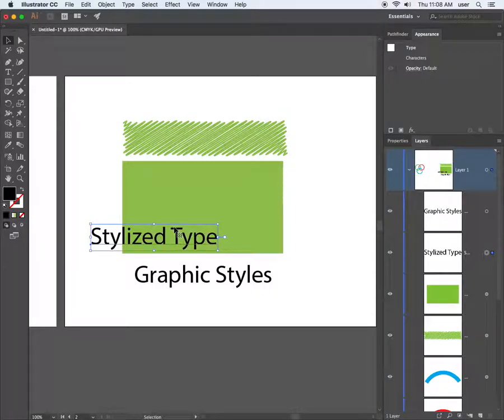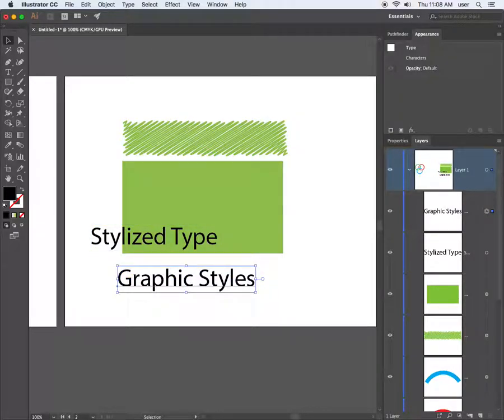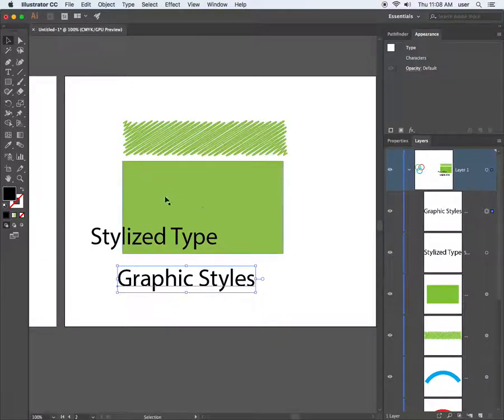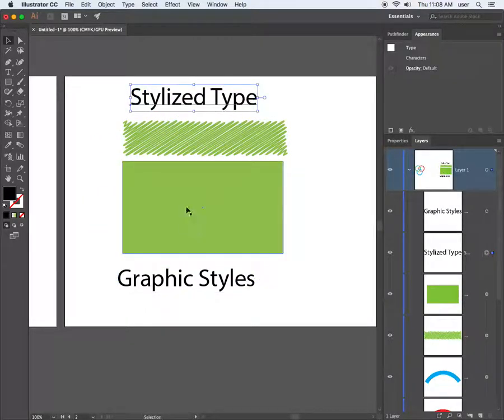type through the appearance palette, you're using multiple fills, multiple strokes, and things like that, which is fine. That's what we learned. When you do a graphic style, we're utilizing the appearance palette, but we're basically going to work with almost like a template. So whatever style that we create, we're going to create a template so that we can use it with other things. So let's stylize our type or stylize this box, and then we're going to use that as a template